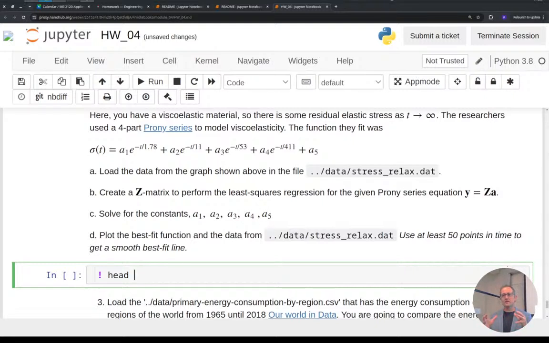They give you structured data that the computer can read, but sometimes it's hard to troubleshoot how you're supposed to read it in. This is my process for figuring it out. One way is you could open it up in Excel and look at it. I like to just look at the raw text to figure out how I can tell Python how I want to load this in. And that's why I like that head command,